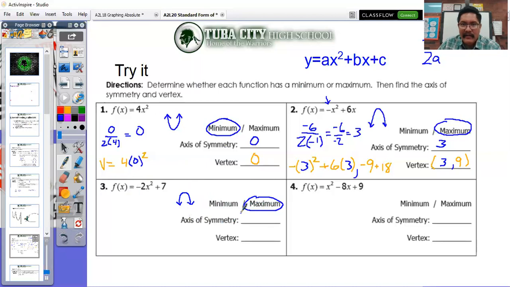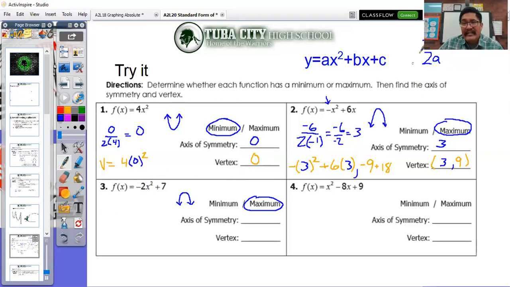It'd be like a maximum height. It goes up, comes back down. But in that case, you might be interested in knowing how high that ball went at its maximum peak. All right, so let's go ahead and plug in to our formula here to see what we can get for the axis of symmetry. So axis of symmetry is going to be